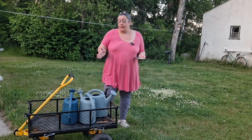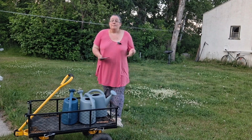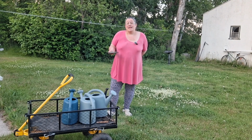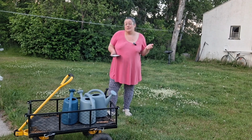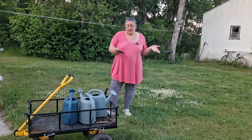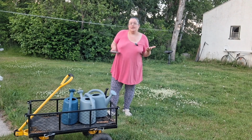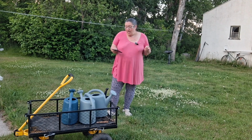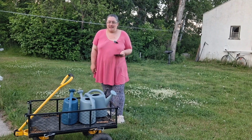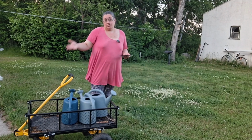At some point, you might have to upgrade to something like this, or you might find another kids' wagon at a local garage sale. That's fine, right? Hit up the yard sale, see if you can find an old sled or an old wagon if you don't have kids and don't have anything laying around, because these are easily repurposed. They're great for getting hay or buckets across the snow or the grass without dumping things or breaking your back carrying things all over the yard. And if you get one with removable sides, you can stack it tall with hay. If you get something where the sides drop down,